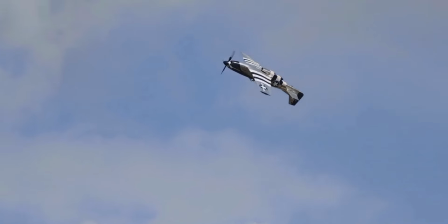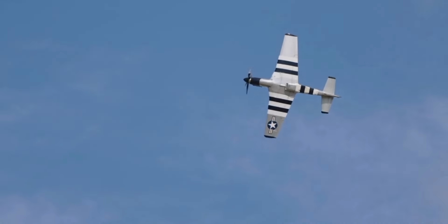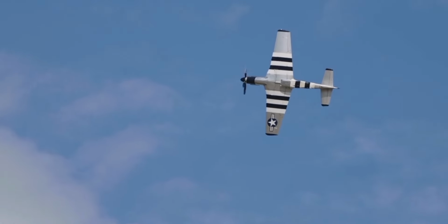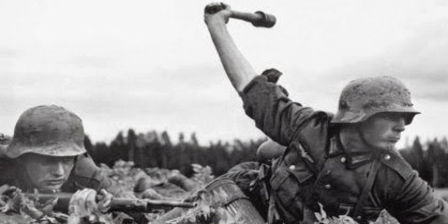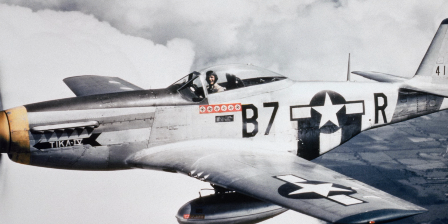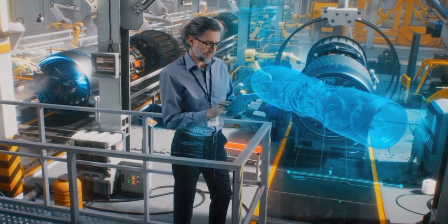greatly improved. The tale of the two-seater P-51 Mustang is a powerful reminder of the Allied forces' resourcefulness, flexibility, and determination during World War II. The TP-51C has a rich history, from training fighter pilots to its lasting impact on civilian aviation after the war. It symbolizes a dedication to excellence and innovation that